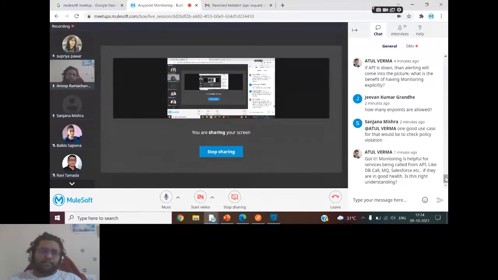Then in that case also alerting can be used to identify why this is happening, that an invalid client ID or client secret is being sent by someone. Or if the response time is getting high, as Supriya just showed, meaning my API is behaving slowly, I'll have an alert sent to the operations team to check why it is slow or failing. Or if the CPU utilization has increased to around 90%, or my API could crash and stop serving requests. So all of these become use cases for why we would use monitoring or alerting capabilities in our integrations. I hope that answers your question.